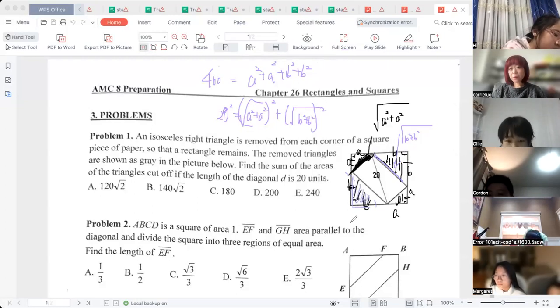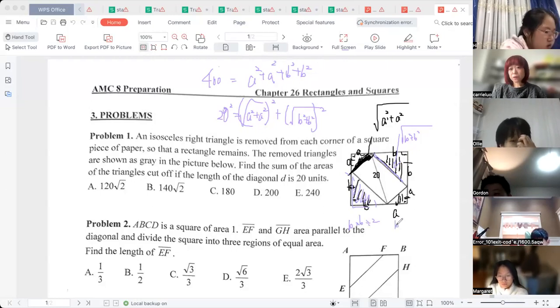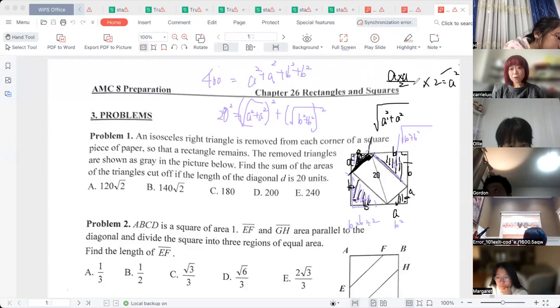The area of the purple part is b times b divided by 2. But we have two of them, so it's b squared, right? And how about the black one? The black triangles, what is the area? It's a times a divided by 2. But we have two of them, so it's a squared. So obviously the triangle that has been cut off is a squared plus b squared. We already know 400 equals 2a squared